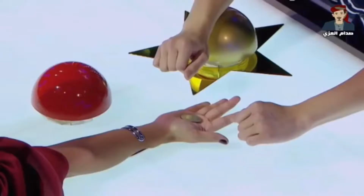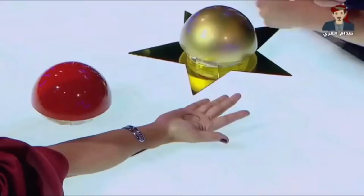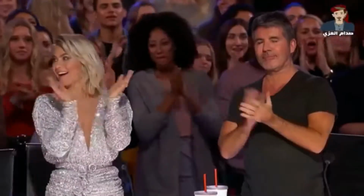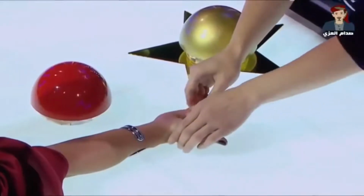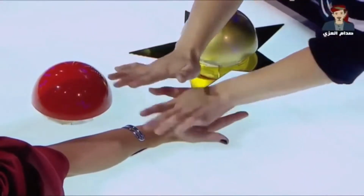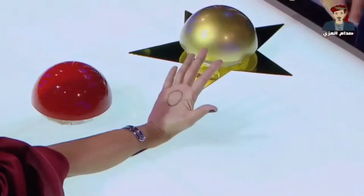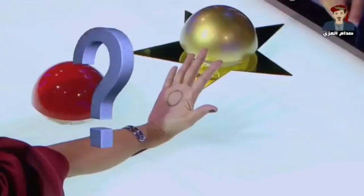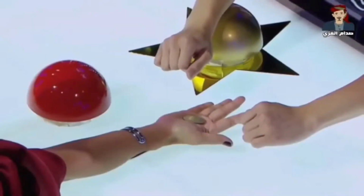الخدعة الرابعة، خدعة اختفاء العملة من يد الممثلة. خدعة قوية جدا وأصابت الجمهور بدهشة كبيرة، حيث يقوم الساحر بوضع عملة معدنية في يد إحدى أعضاء لجنة التحكيم، ثم يقوم بتمرير يده عليها لتتفاجأ الممثلة والجمهور باختفاء العملة وظهور خط دائري على يدها. فأين اختفت العملة؟ وكيف رسم هذا الساحر الخط الدائري دون أن تنتبه له الممثلة؟ برغم قوة وحرفية هذه الخدعة إلا